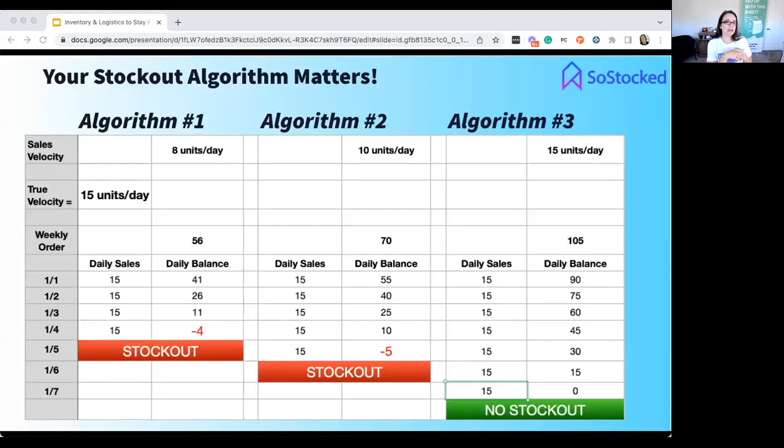So first, the algorithm for the other software was estimating that he was selling 8 units a day, and yet midweek he was stocking out on his weekly orders. The spreadsheet that he created said 10 units a day, and he was still stocking out. What we found in actually analyzing the data properly is that he was actually selling 15 units a day, and correcting that helped him to avoid additional stockouts. So there's the ability, once you get these numbers right, to start making more money